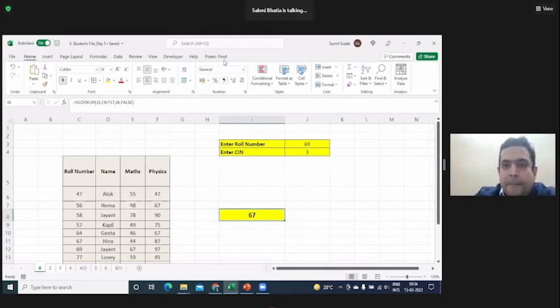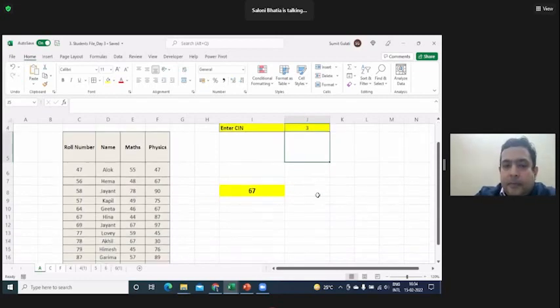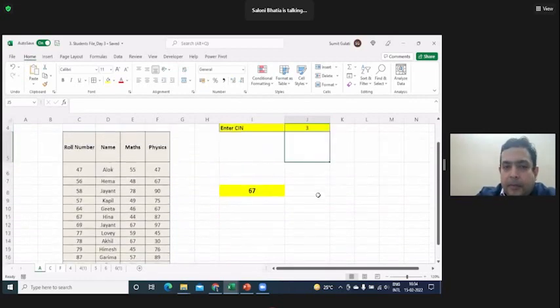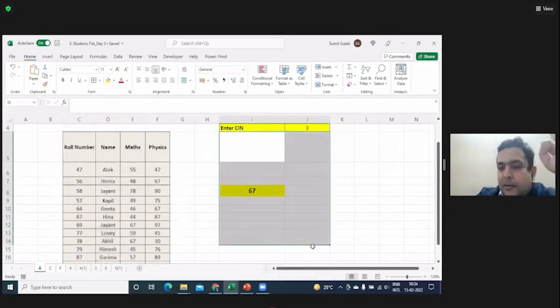One more question. What if we have the roll number repeated? We have 2-3 cells wherein we have roll number 57. Then we have the name. Then we have the next column saying maths, and then we have the marks. And similarly, after a few cells, we have the same roll number again. Then we have physics and its marks. So how do we look up? See, roll number and maths marks here, roll number and physics marks here, right? Yes, sir. This is what you are saying.